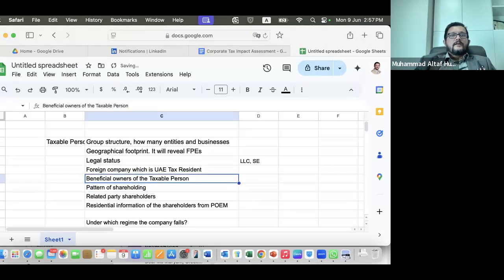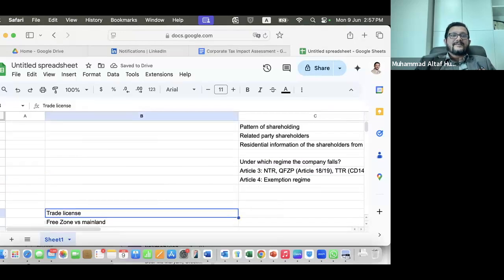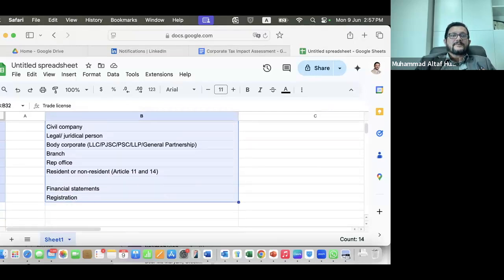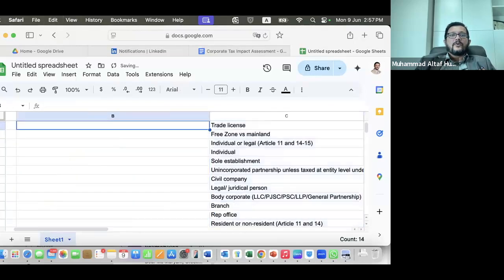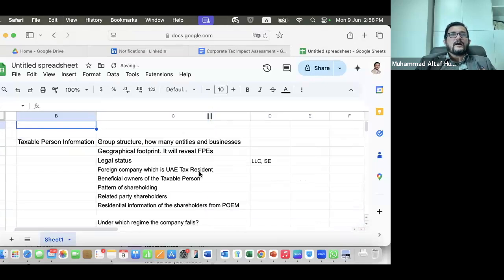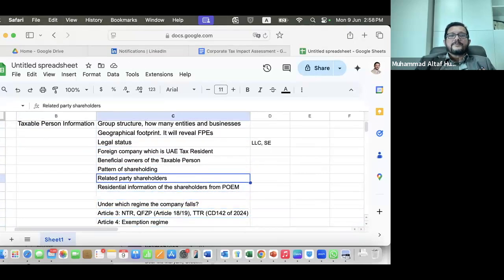But that's similar to pattern of shareholding, right? Is it? That's the key. That's why we call it tax strategy or tax impact assessment. Do you really think that it will always be the case that the shareholders will be the beneficial owners? Otherwise, why would the beneficial ownership law exist? Proxy shareholdership. Beneficial owners of the taxable person,